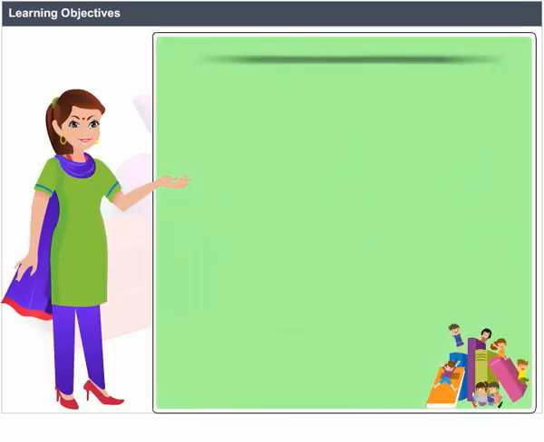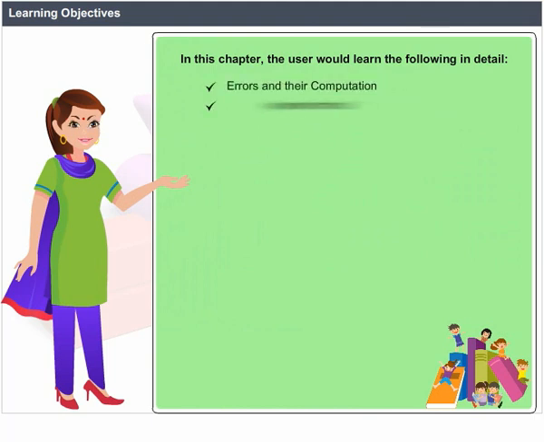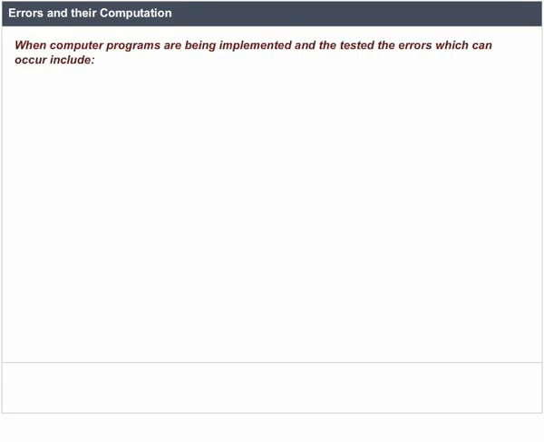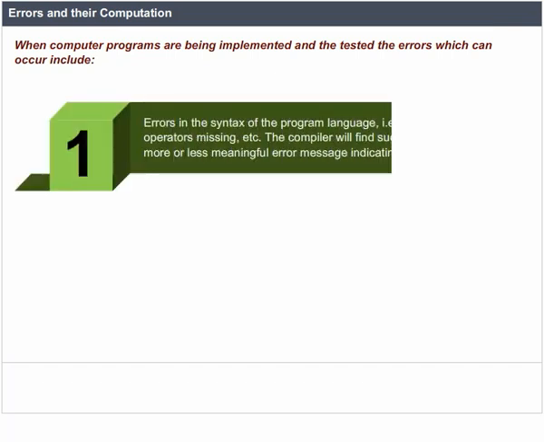Learning objectives. In this chapter, the user will learn the following in detail: errors under computation, a general error formula, and error in series approximation. Errors under computation. When computer programs are being implemented and tested, the errors which can occur include: